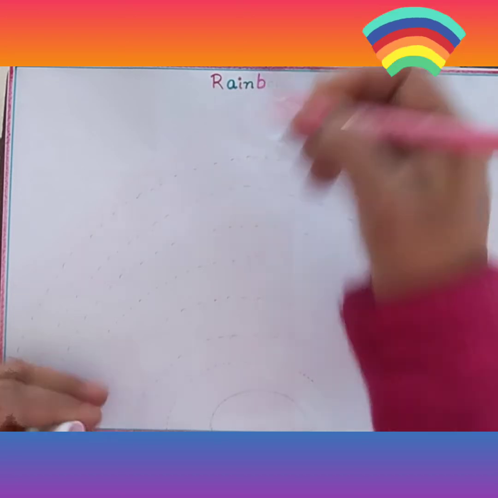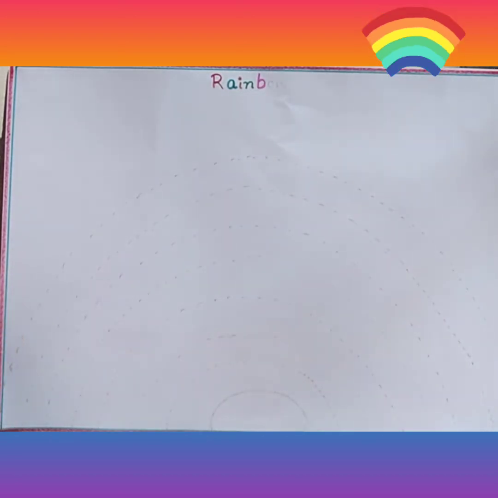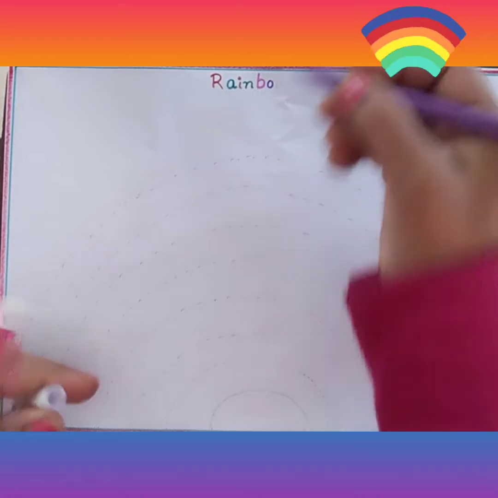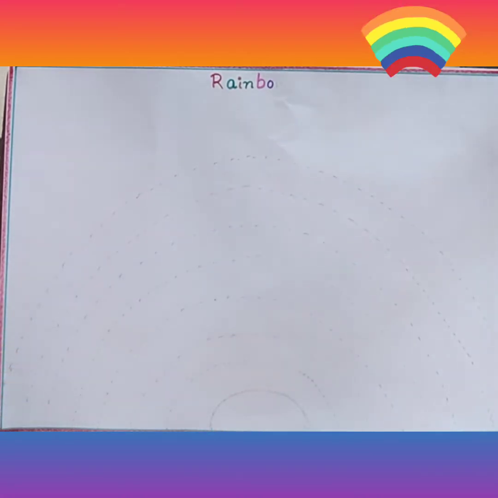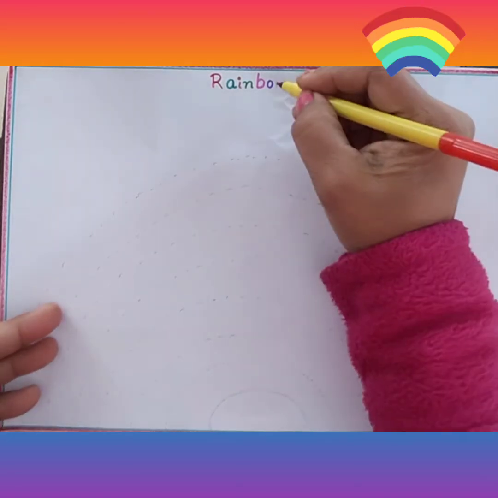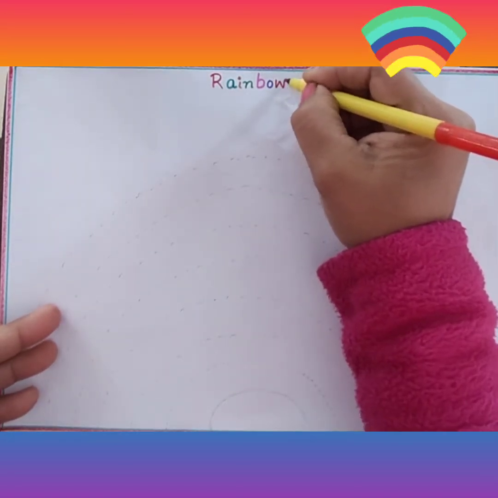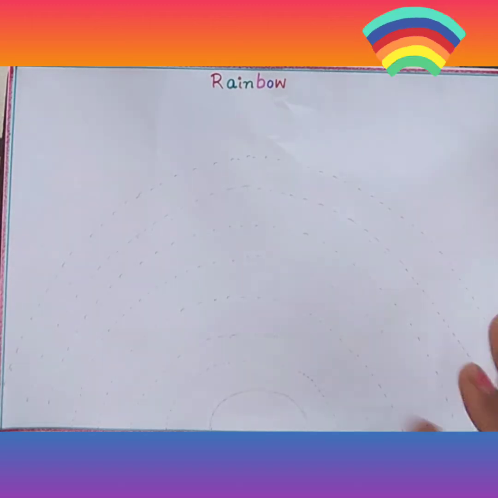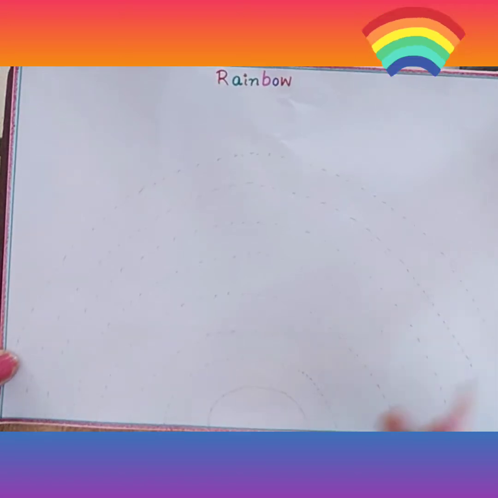B, and next letter is O, and the last letter W, rainbow. So you also write the same like this, and after writing this you take pencil first.